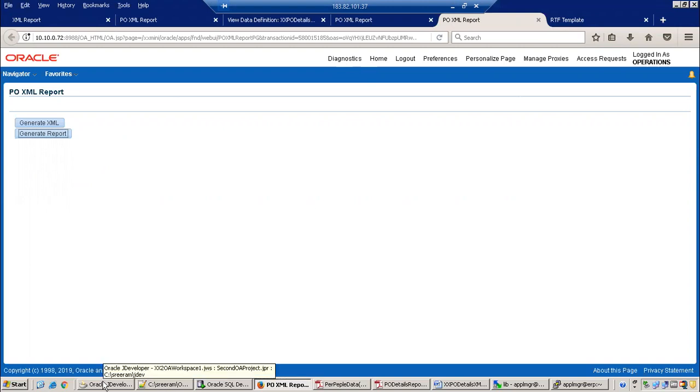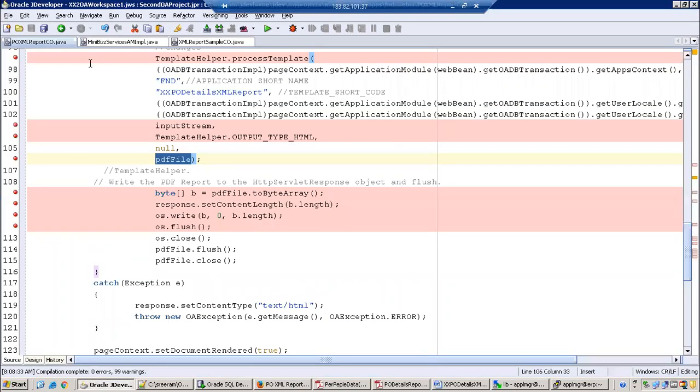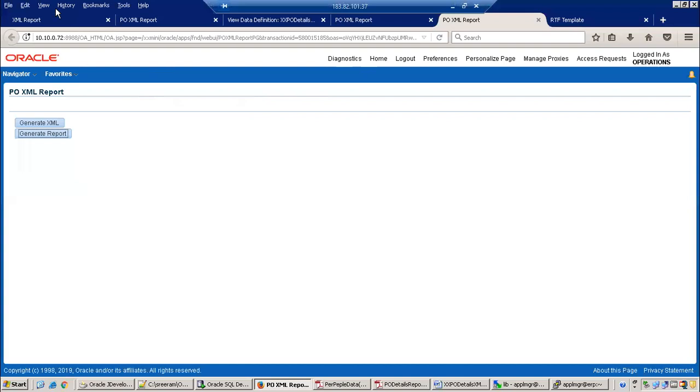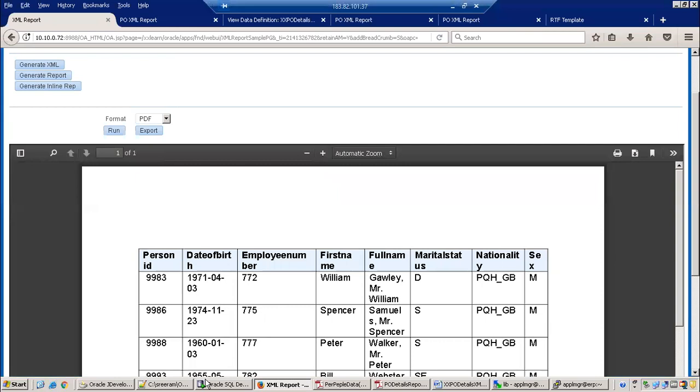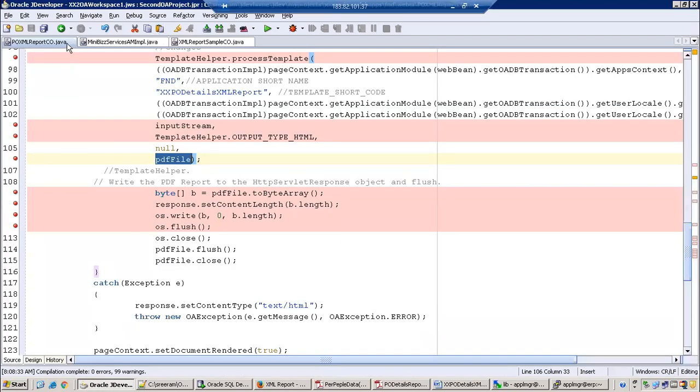Okay, so the next one is the inline report. Earlier we observed the sample. The only difference is it requires the same set of concepts, but this particular region we don't create. This is a standard region which Oracle provides. So now we require two things. First, create a button with the name generate inline report, and also make use of this particular document viewer region. Let us see that.